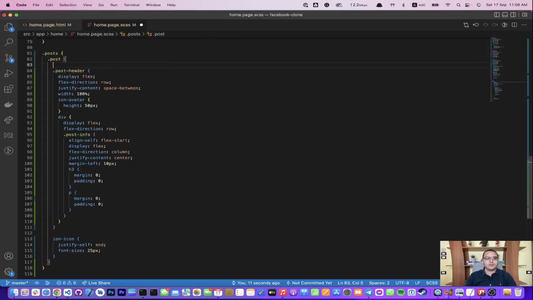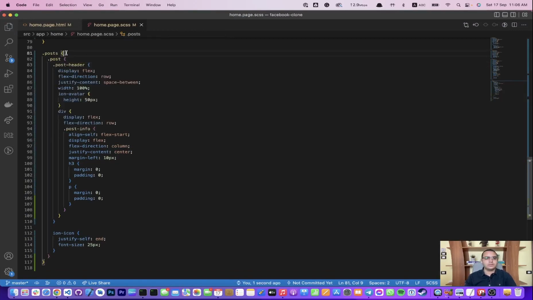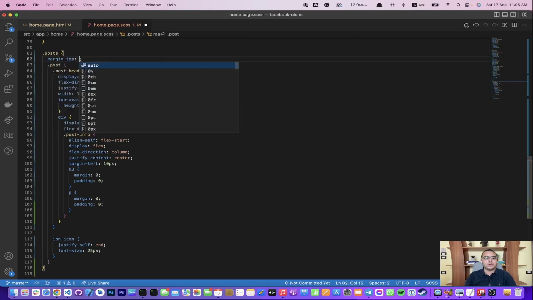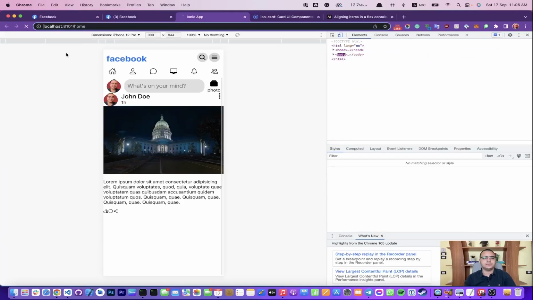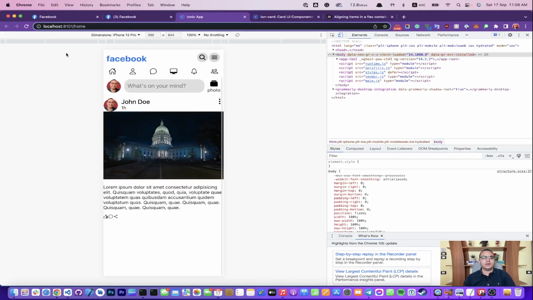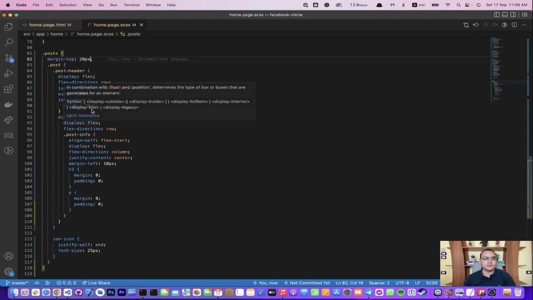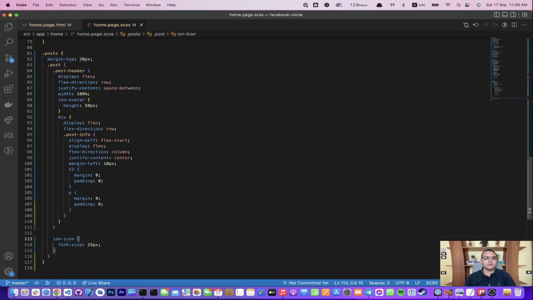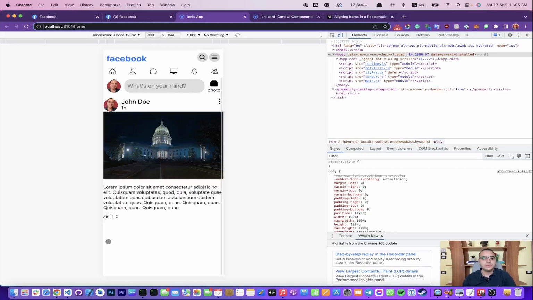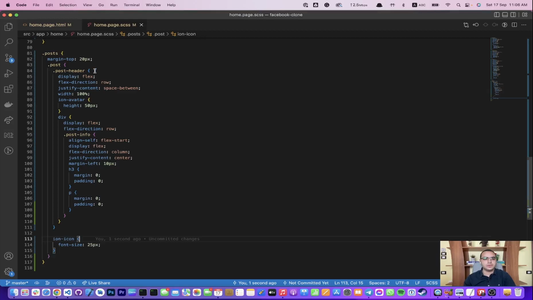I think margin top to be 20 pixels, and ion icon justify there. Okay, so in this post header,